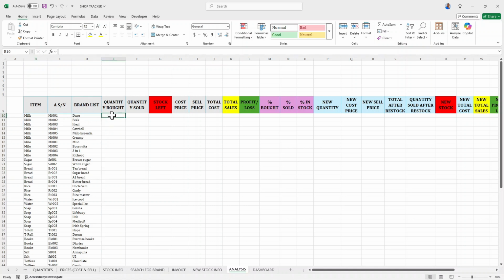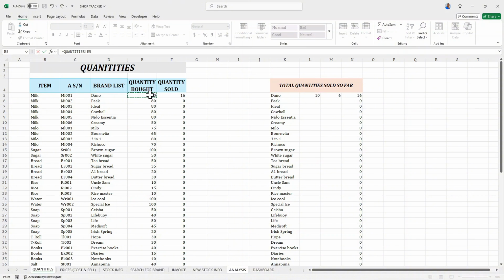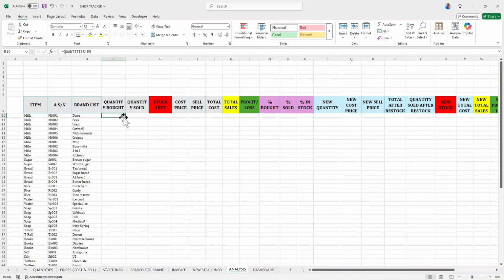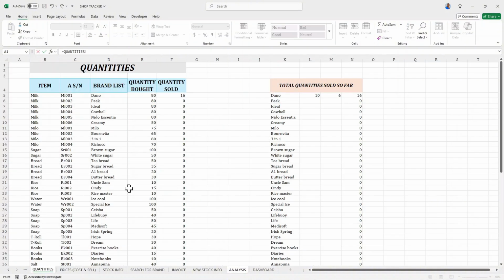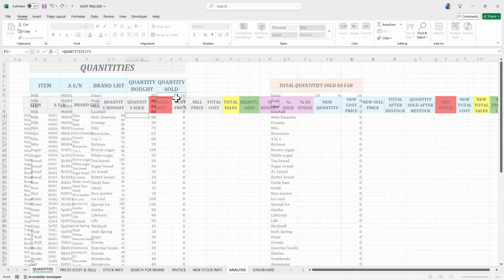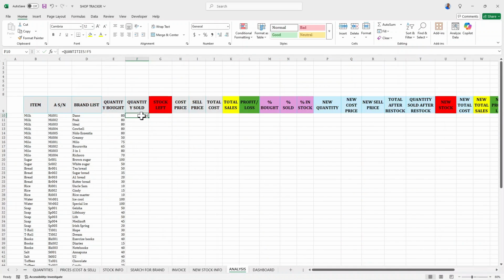So the quantity bought is equal to, come to the quantities and bring in the data over here. Then we'll drag it down. Let's simply double click to bring it down. Then the quantity sold over here, let us simply reference it. So the quantity sold will simply be the equal to sign, then we'll come to quantities and reference this one also, press enter. Then we'll simply bring it down, and over here the stock left is always this minus this, but